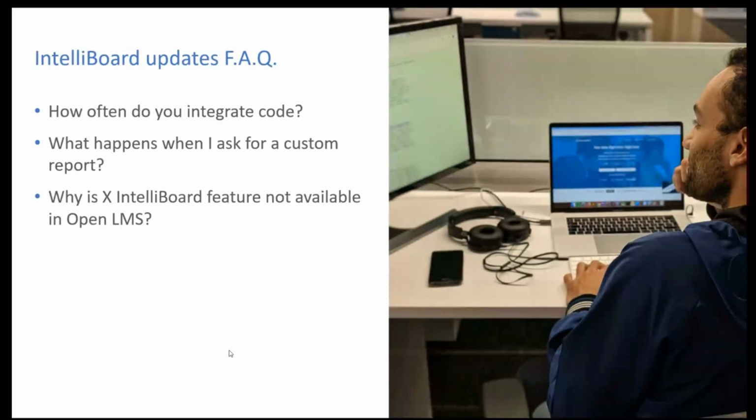The next question is, what happens when I ask for a custom report? When you ask for a custom report, it will be integrated in the next version that we'll review. So those custom reports work by updating the code of IntelliWord. It is not something that happens on IntelliWord side. It needs to happen on the plugin, the Moodle plugin side. So in this regard, what we do is you ask for the report for IntelliWord team. They develop that, they update the code, and then we review that and integrate that for the next version of